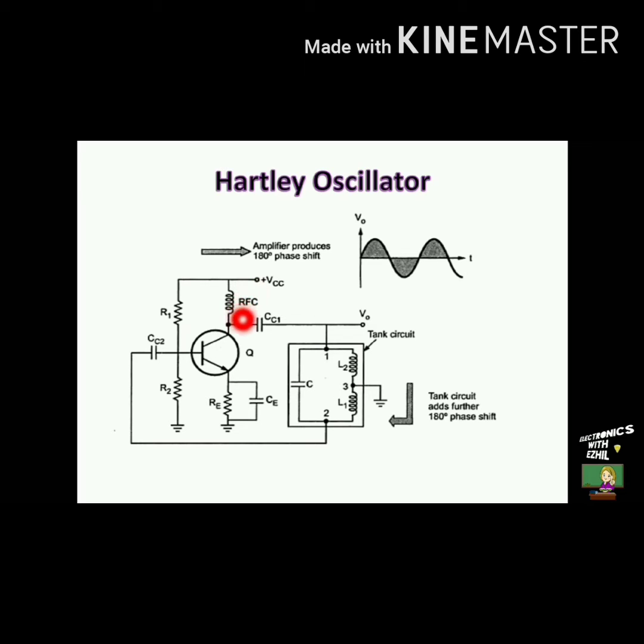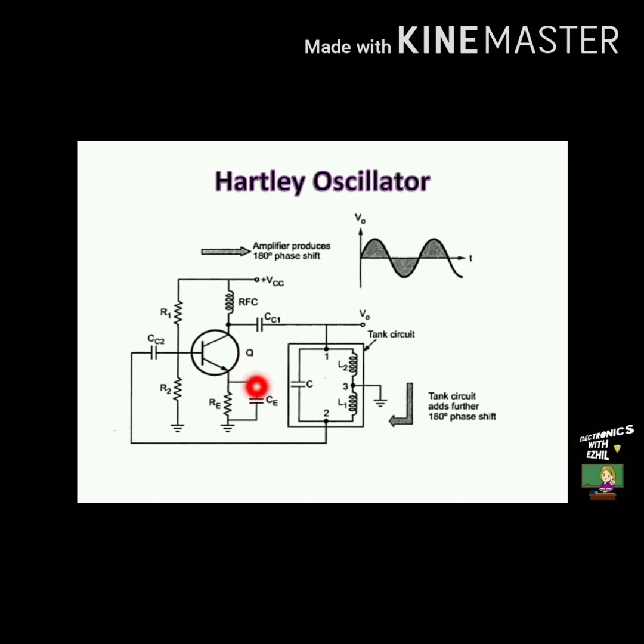RFC is the radio frequency choke. The reactance of the RFC is very high for high frequencies, so it can be treated as open circuit. While for DC conditions, the reactance of the RFC choke is 0, so it allows DC to pass through it and blocks transient AC signal. Hence, it provides isolation between AC and DC operation.